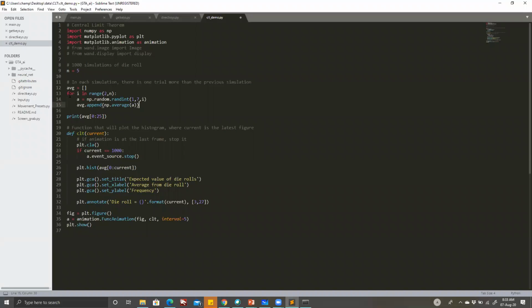So what we do is, for this range, we take a random value from 1 to 7, not 7 excluding, of course. And how many outcomes do I want randomly? i outcomes. So first it will be 2 outcomes. In the next iteration, it will be 3 outcomes. Next 4. That's it. Okay. And we are going to append all of this and basically get the average. So in this list, average, we will have just the average of all the values. Right now, because I'm taking very few values, I should not make it this big.